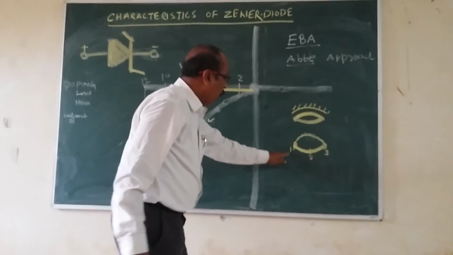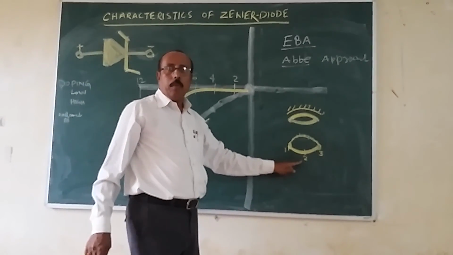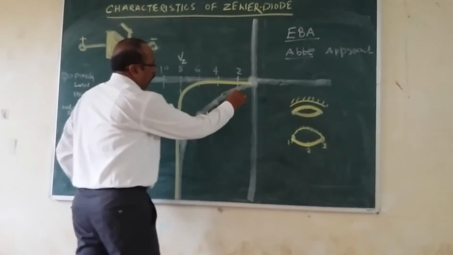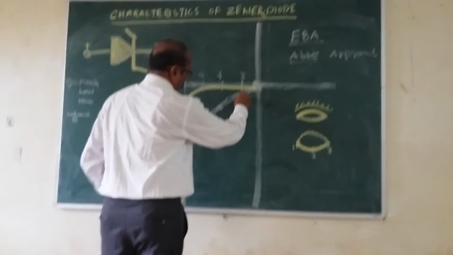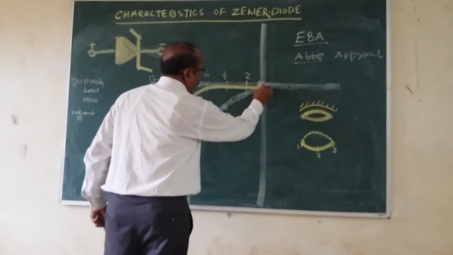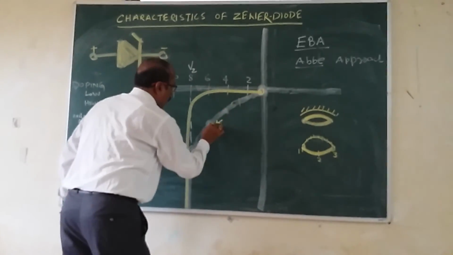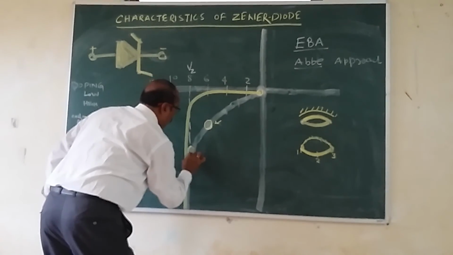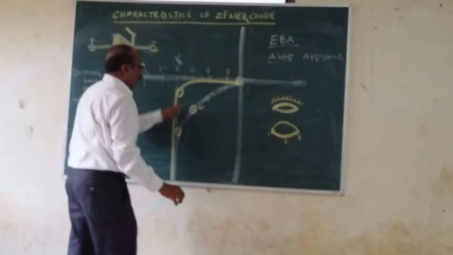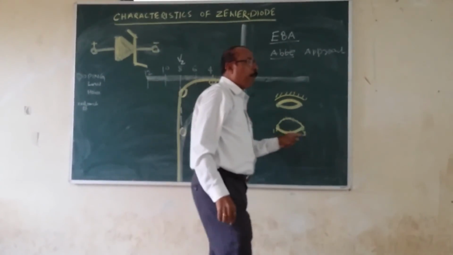Because we know that from 3 points we may draw or plot the curve. Here we see there are so many points, up to suppose 6 or 8 points, but we simply take 3 points. Here this is the first point, this is the second point, and this is the third point. And this approach is called the eyeball approach.